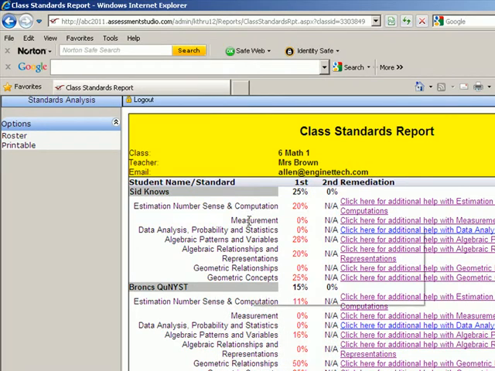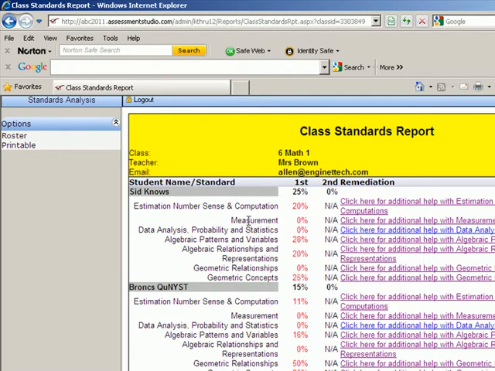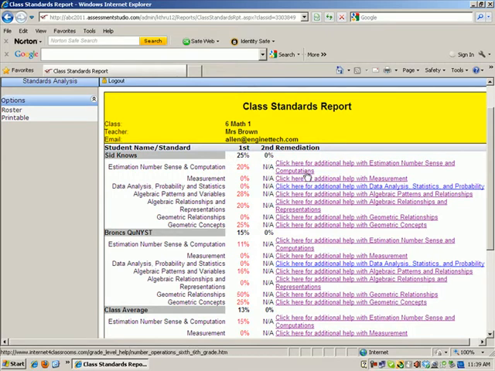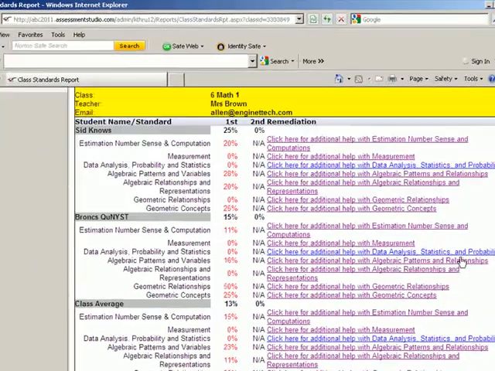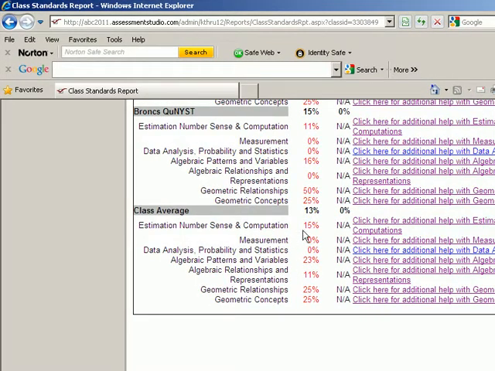Now I can hover over the word measurement and I can see exactly what that particular standard will be testing. It might also be important to hover over additional help with measurement, because if I click here I can get the same link to remediation that a student and a teacher can get, but as the instructional leader in the building I might be more focused on the class average, and knowing that maybe all classes of 6th grade might have a problem with measurement,